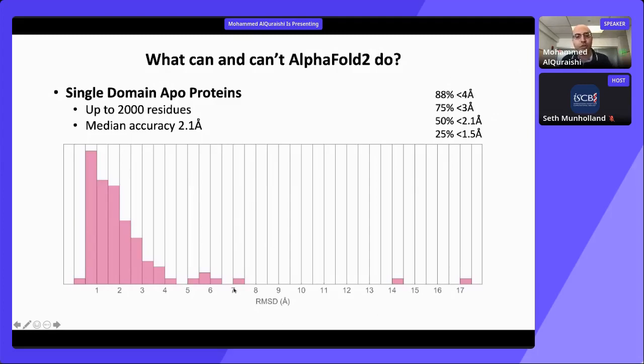With a few instances where it did poorly, but at least some fraction of these can be explained away by either having intrinsically disordered regions or having folding that really depends on other proteins or other ligands being present. So the number of genuine failures was quite limited in CASP 14, and obviously now we've seen it applied to essentially every protein in human, and it cannot predict well-ordered structures for maybe about 50% of proteins, but that's because